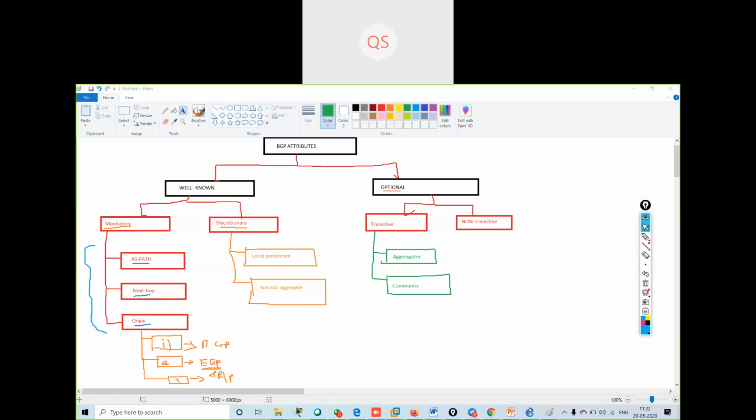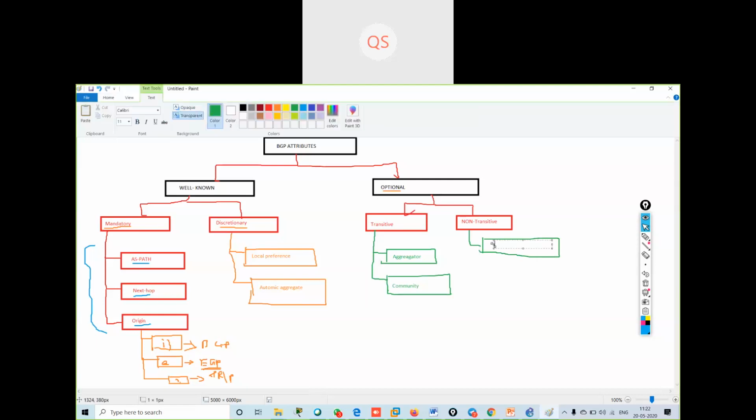Now in non-transitive I have MED. This is something you will learn at the CCIE level.